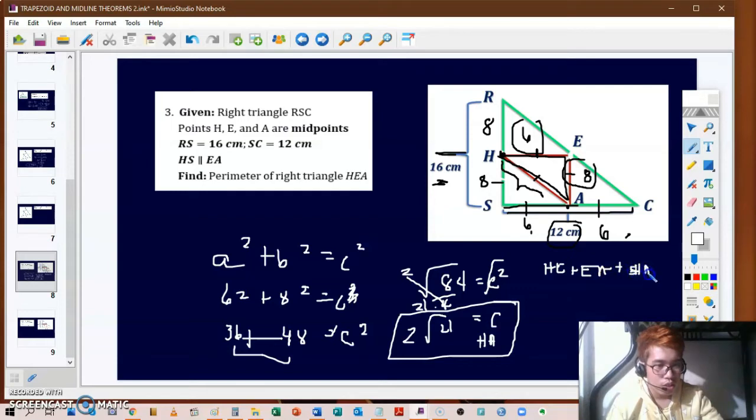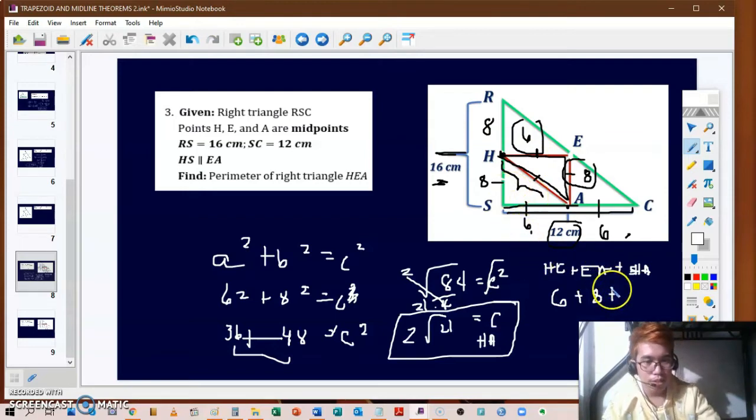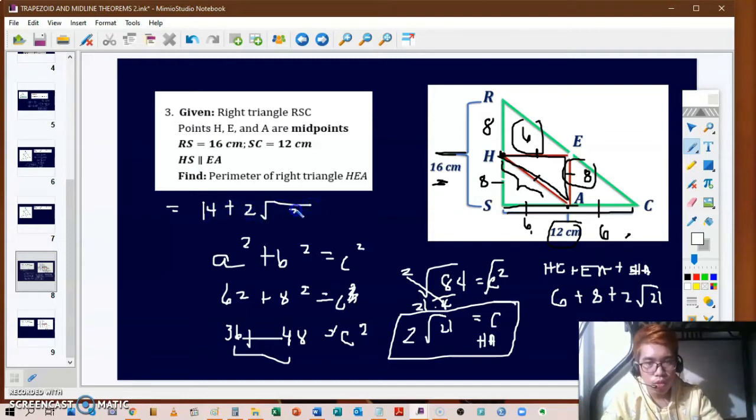HA, so we have here HA. So HE is equal to 8, HE is equal to 6, EA is equal to 8, and HA is equal to 2 square root of 21. And therefore, our answer is going to be equal to 14 plus 2 square root of 21, or so that's going to be equal to